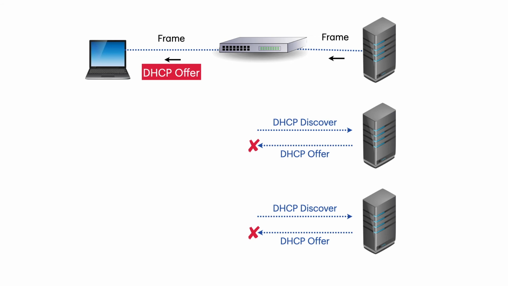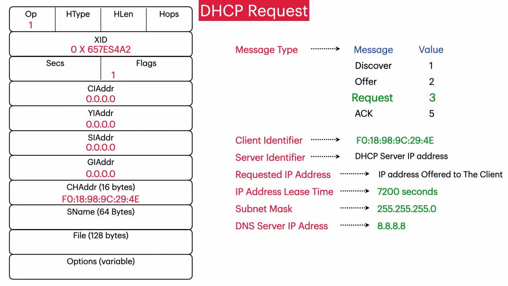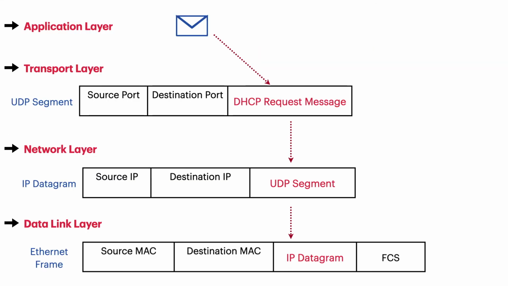Once the DHCP client has selected an offer, it sends a request message where it fills the server identifier option with the IP address of the selected DHCP server, and the requested IP address option with the IP address received from the your IP address field of the offer message. The laptop MAC address is maintained in the client identifier option. The message type is set to 3, highlighting it to be a request message.